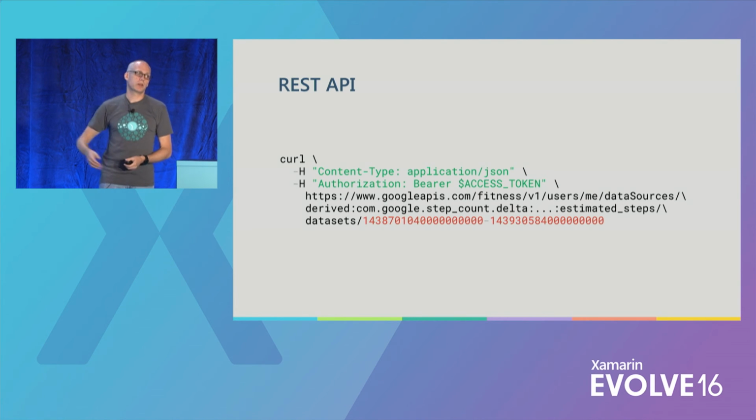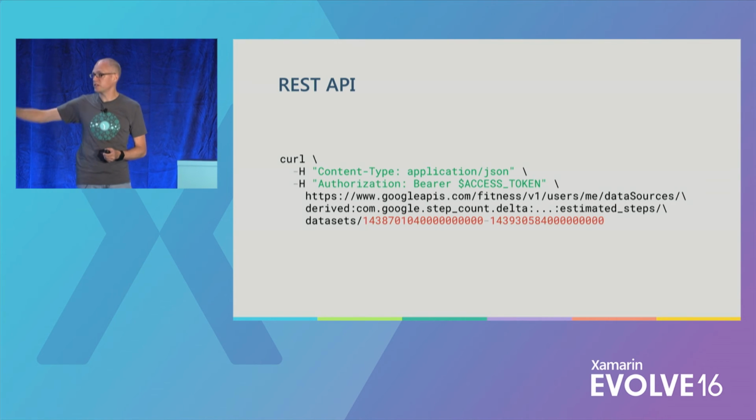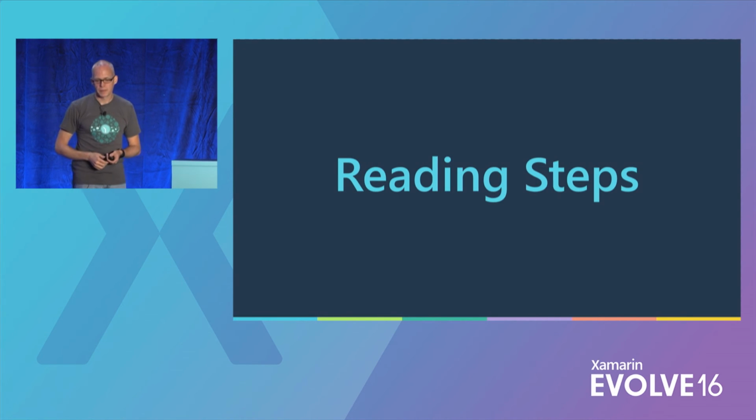You can just pull it straight through the REST API, and even though this looks like a bit much to swallow, you can type this in Linux, and as long as you have the appropriate access token, you will get the appropriate data back out again. But I won't dwell on the REST API. Just suffice to say that it's there, and you can do 90% or more of what you can do on the Android SDK. So I'm going to very quickly run you through some code to show you how to read